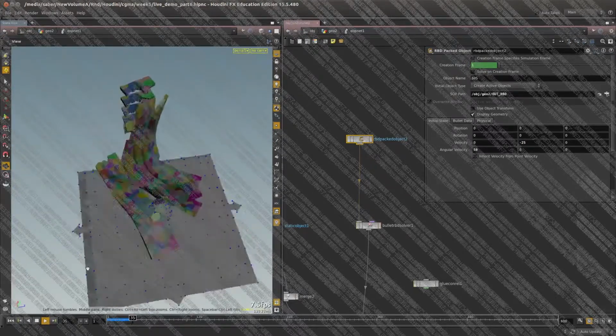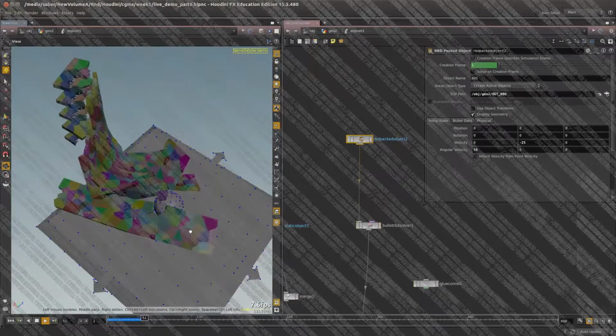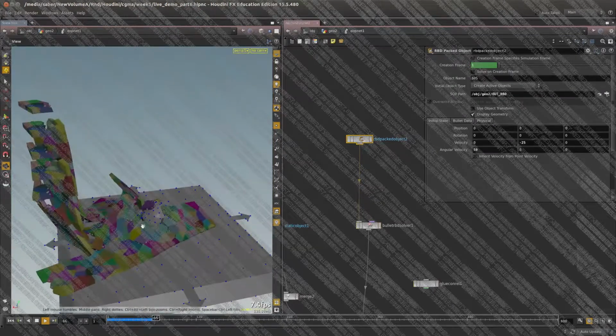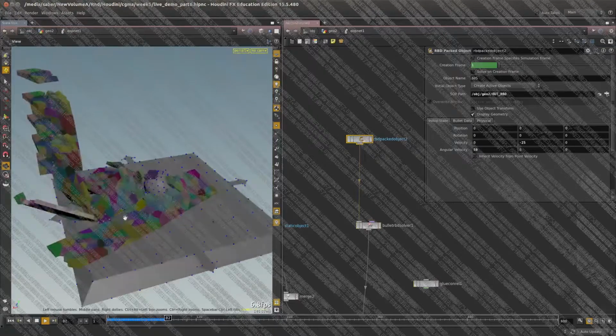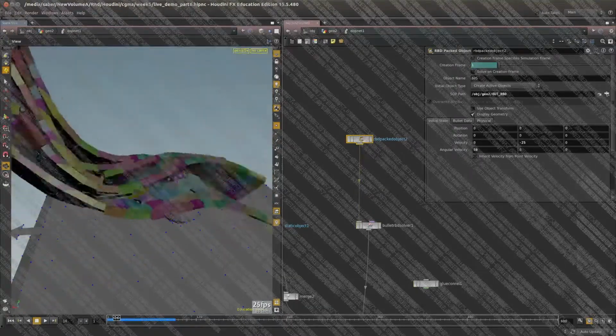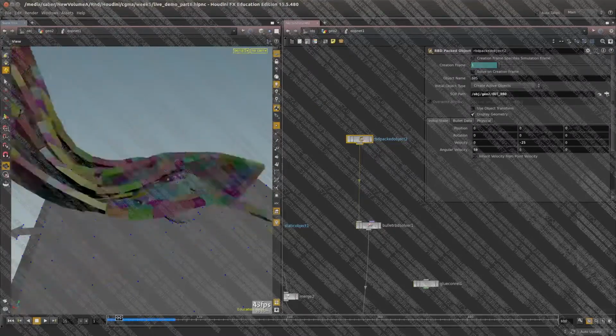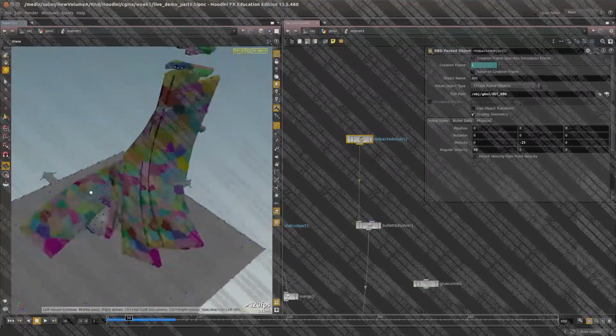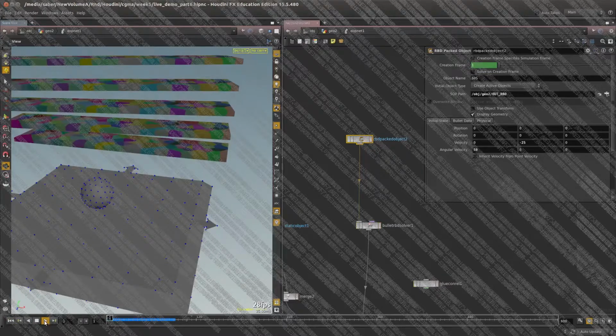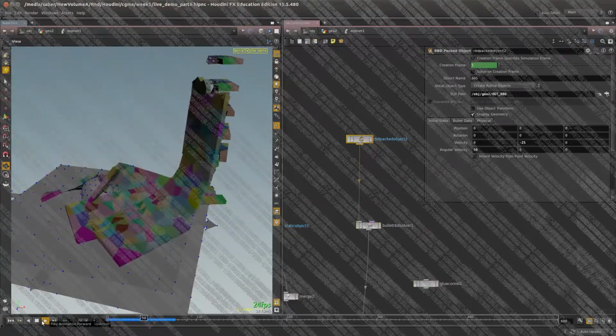Cool. So you can see how it's breaking, fracturing, and then bending nicely and deciding based on the force when to break. Okay, cool. I hope you guys like this. And so now I think we're going to move on